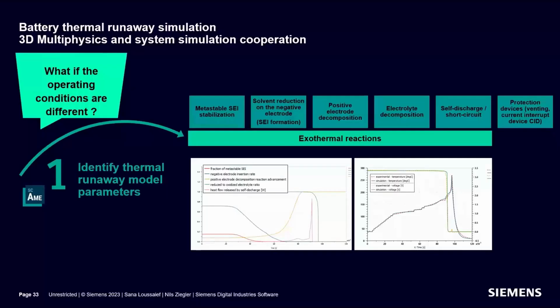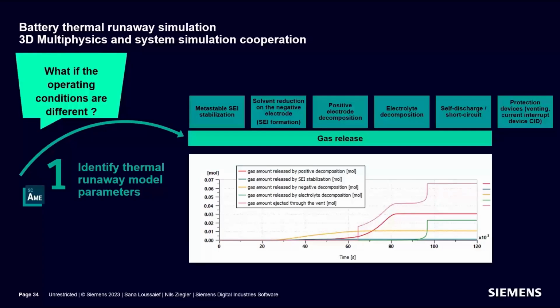The 5 reactions here are exothermal reactions. This is a multi-physics model where each reaction rate depends on the operating conditions, such as the temperature or the reactants amount, like the fraction of lithium inside the solid electrolyte interface. Therefore, by predicting the heat released by each reaction, you can accurately predict the temperature rise inside the cell. In the same vein, this model predicts each reaction rate. As a result, you can predict the gas released by each reaction, depending on the dynamic operating conditions.